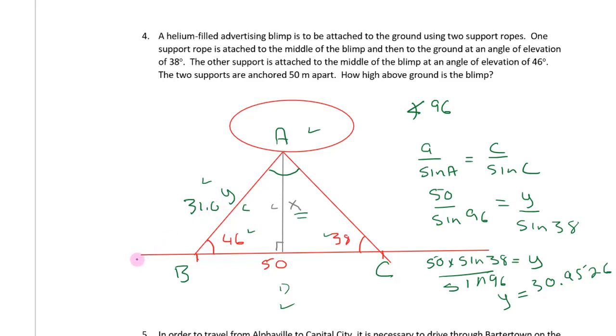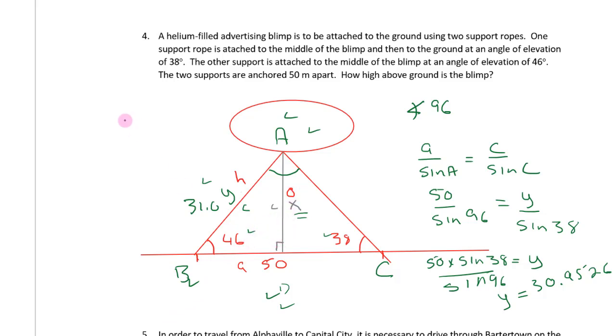31.0. And now in triangle ABD, it is a right angle triangle. I know that angle B is 46, which makes this side, which we're trying to find out, the opposite. This is the hypotenuse and this is the adjacent. I can use the opposite and hypotenuse to calculate the height